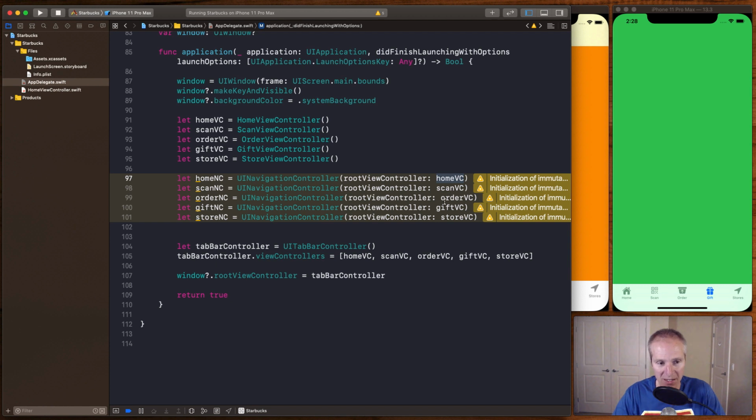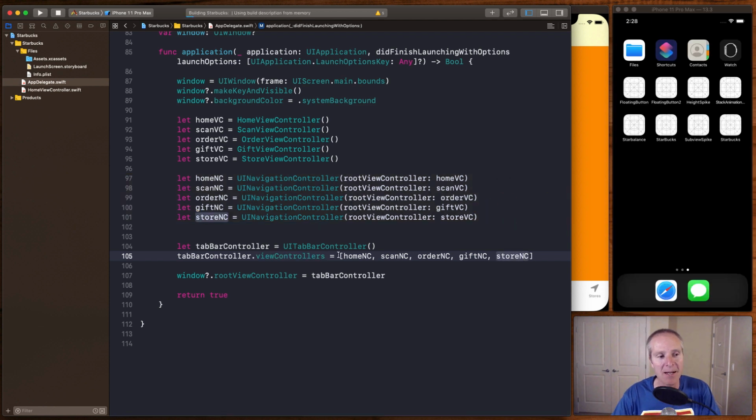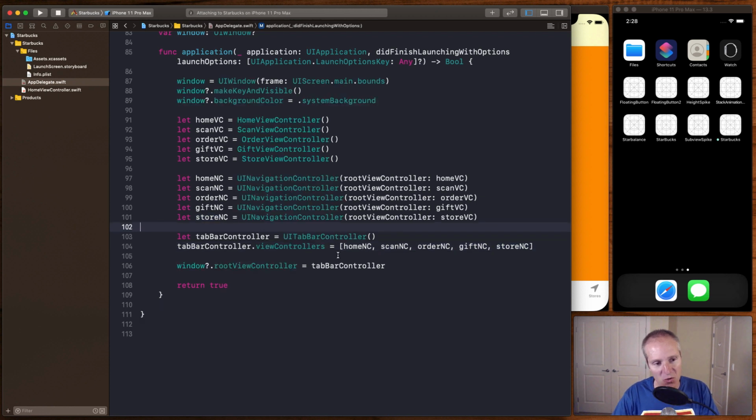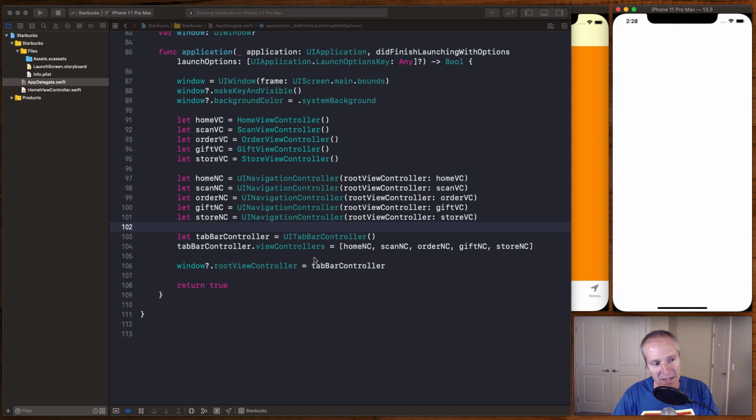So now home, scan, order, gift, and store will all be embedded in a navigation controller. And then we simply take each one of those, and that's what we pass in to our tab bar now. So our tab bar now will have navigation controllers, each one containing its respective view controller. And that's how we're going to set up the architecture for the entire app. It's just going to be view controllers embedded in navigation controllers, all of which are embedded in a tab view